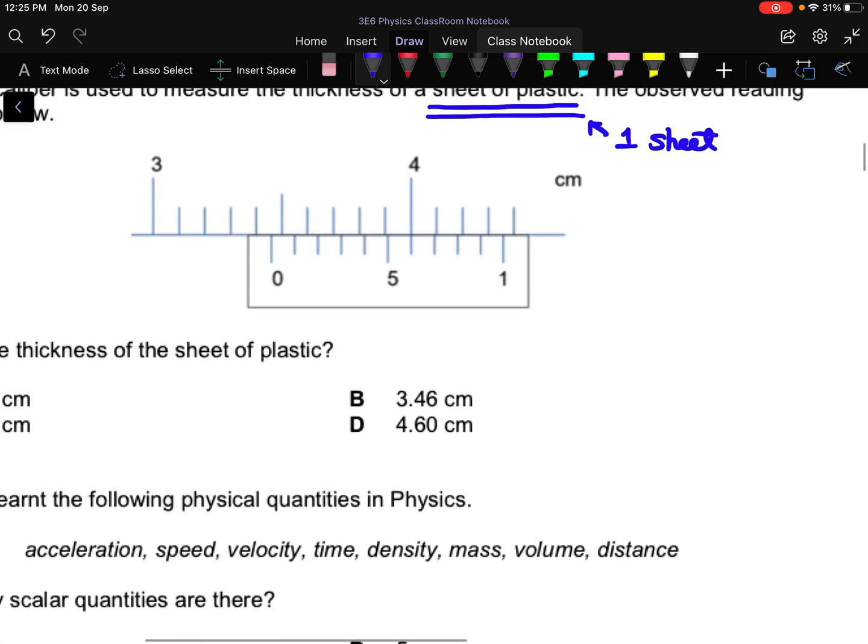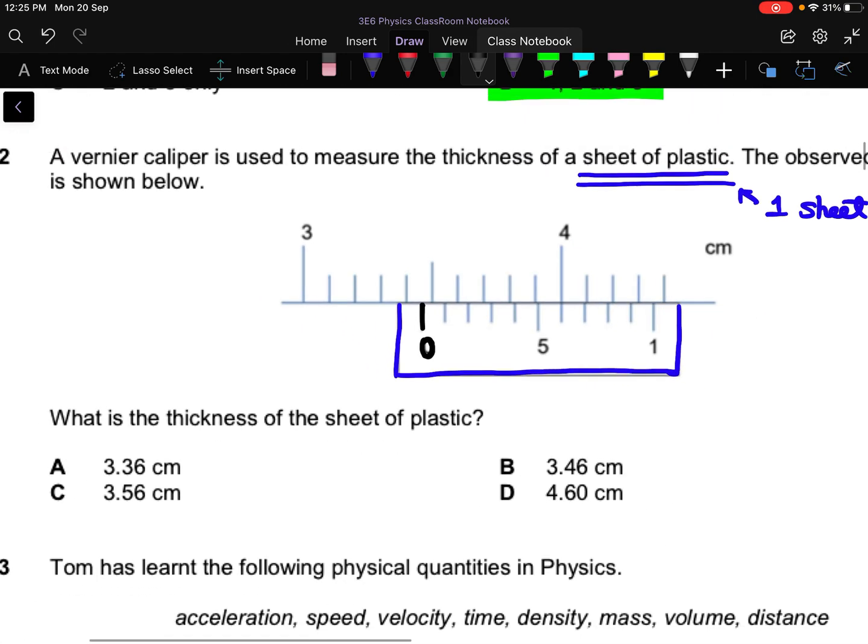Now, what are some common mistakes that students make? So for this part over here, this rectangle, right, is meaningless. Okay, it's there to confuse you. Because what you need to read is this. This is the important part, the black color line. So how to read the main scale? This is the main scale. Okay, this is called the main scale. To read the main scale, you find the scale reading right before the 0 over here. So the main scale like that will be